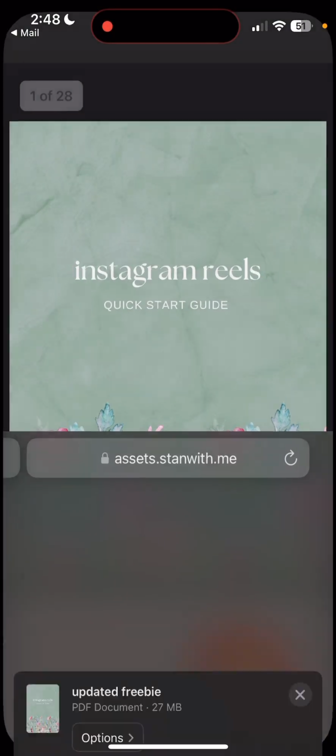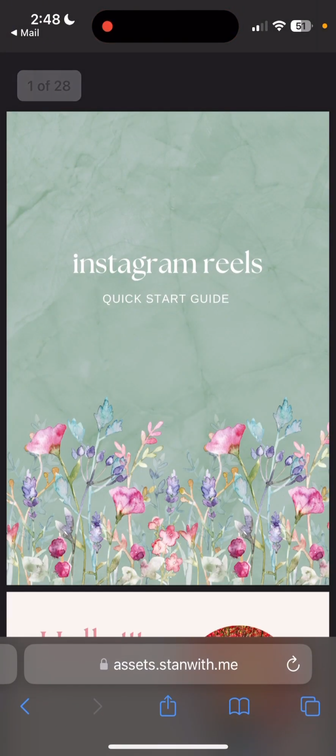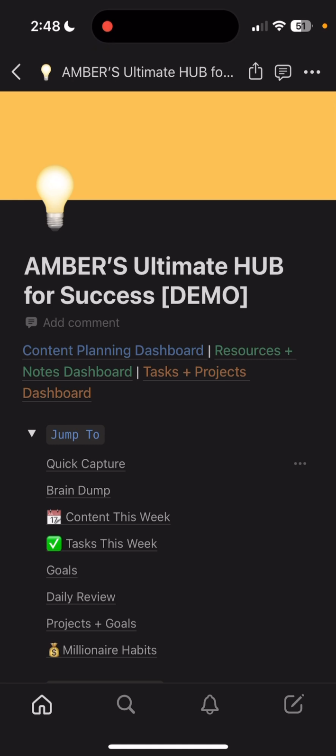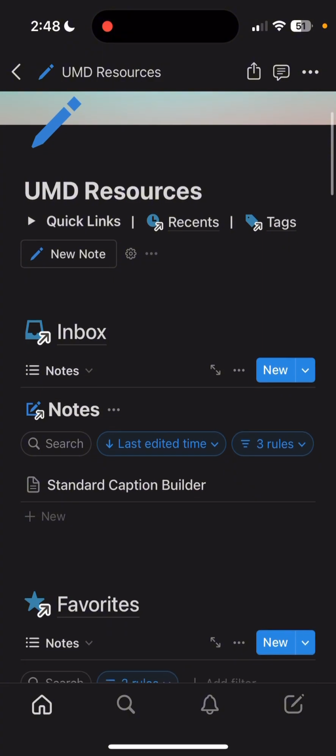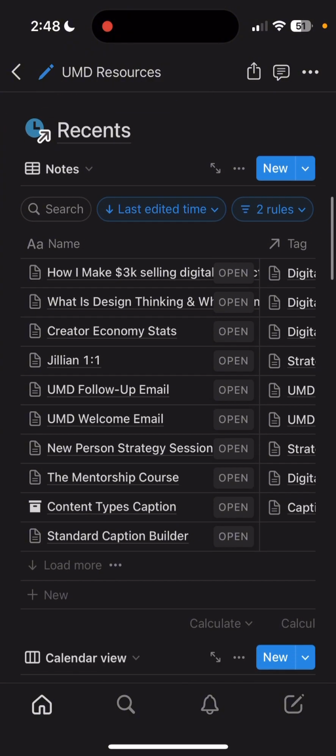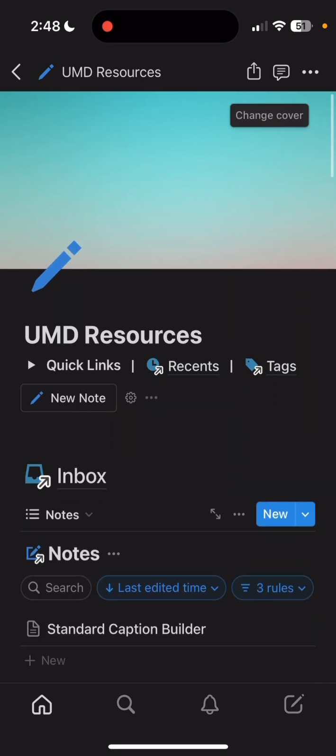And let me show you the difference between how I could work through this workflow once I'm on my desktop or if I open Notion in my dashboard on my mobile device. If I open it on my mobile device, I'm going to come here to Amber's Hub. I'm going to click this green resources, notes, and dashboard. You can see here that in my recents, if I refresh this page,